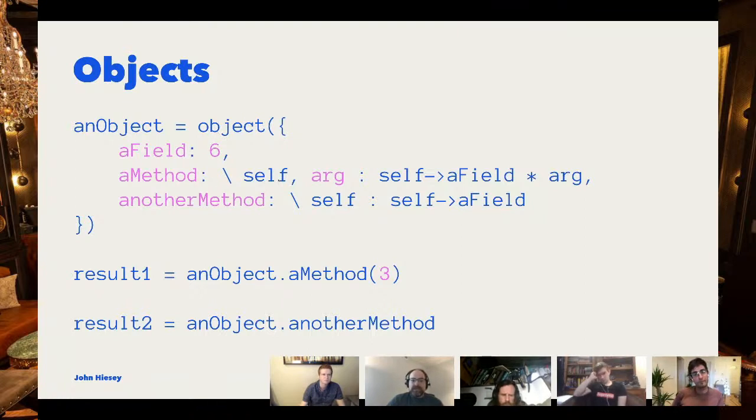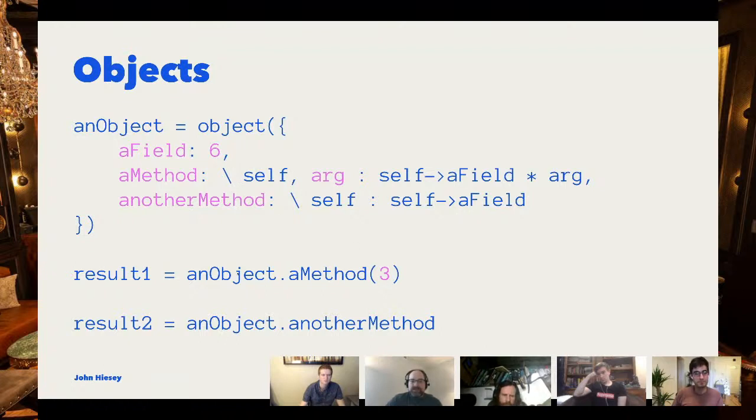And you can define these as lambda functions. Use dot for methods and arrow for fields. And you'll also notice result1 equals an object dot a method. It'll call this and automatically pass self, sort of like this in JavaScript, except it's explicit.